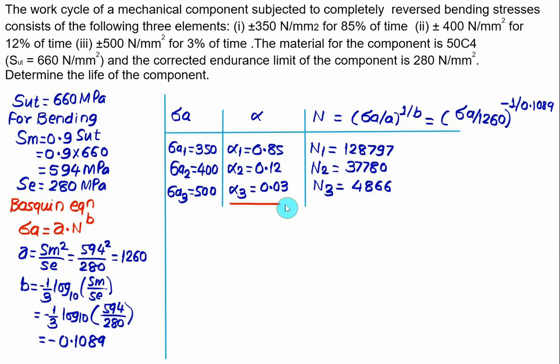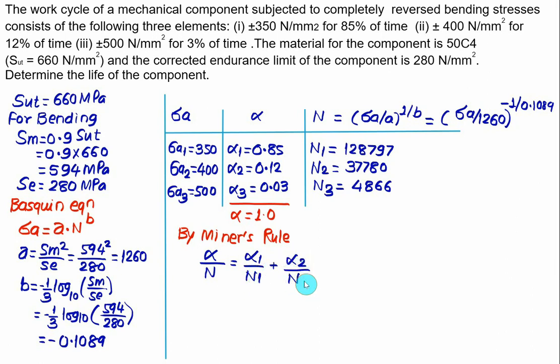One cross check we will do here. We are getting the value of alpha as 0.85 plus 0.15 is equal to 1. So by Miner's rule we have alpha divided by N is equal to alpha 1 by N1 plus alpha 2 by N2 plus alpha 3 by N3. So N represents here the life of the component. Alpha is equal to 1, so we have 1 divided by N,